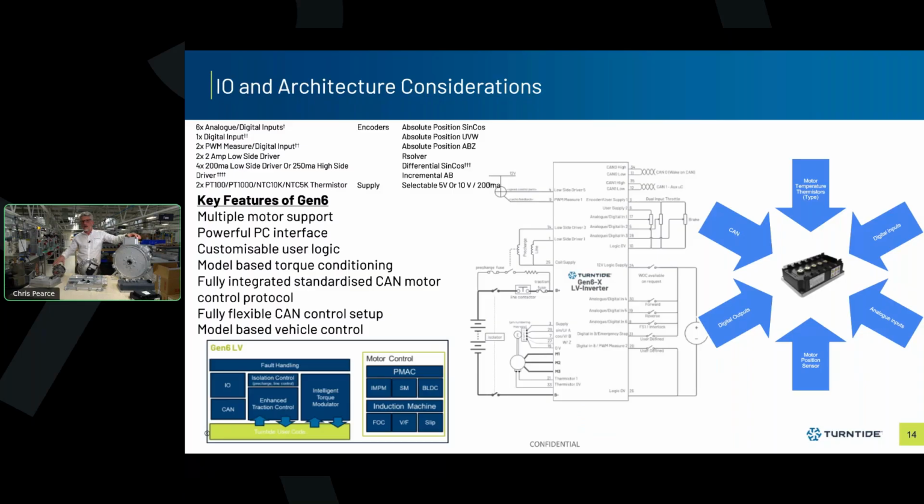We've got a powerful mechanism to customize the reception of CAN messages and use those in many different ways to feed parameters within the control system, or we can independently interface to Turntide user code, which allows a user to control parameters of the motor control at runtime based on CAN messages received or I/O states that can affect things like the maximum DC link current, maximum motor speed